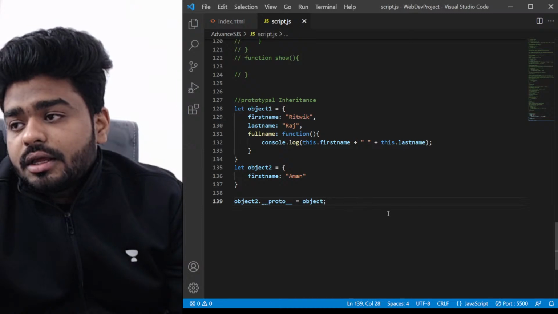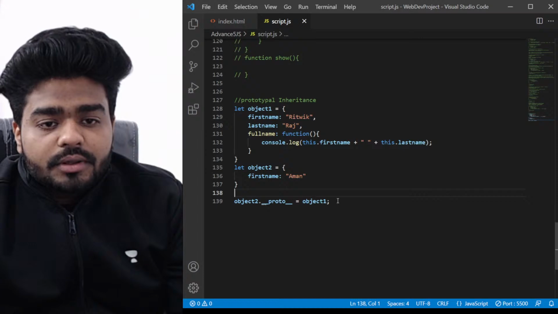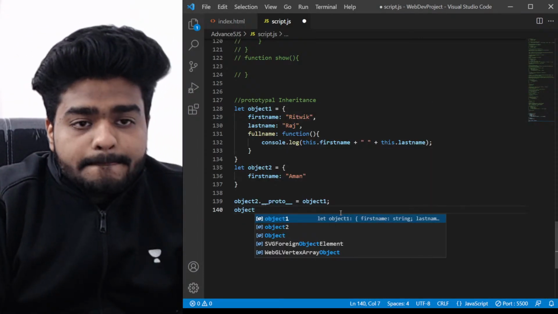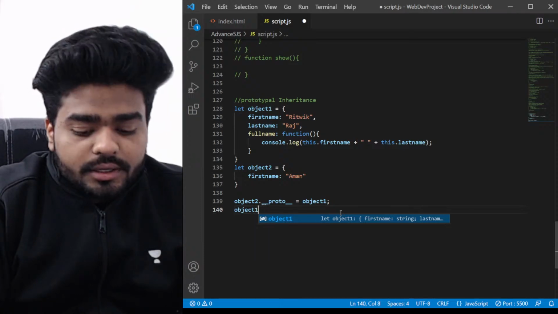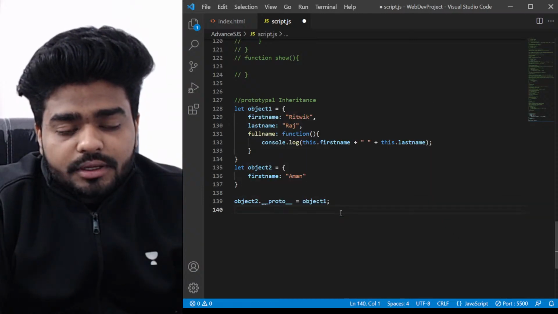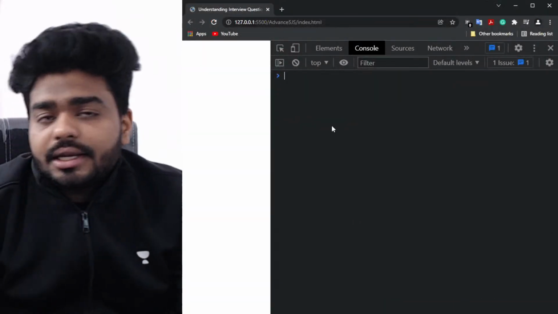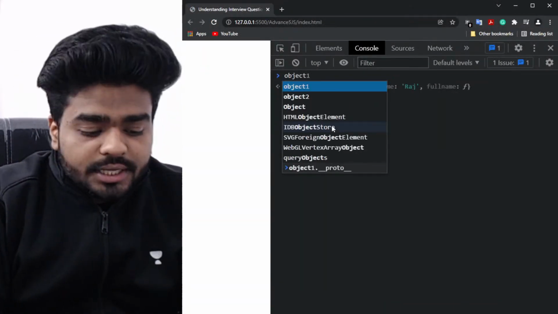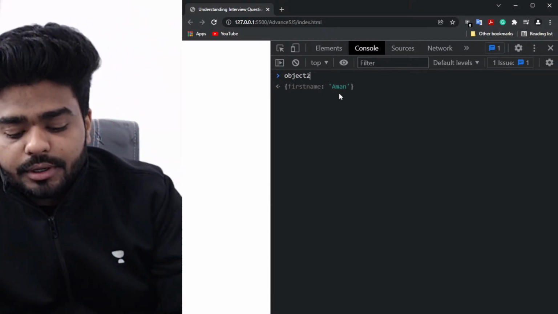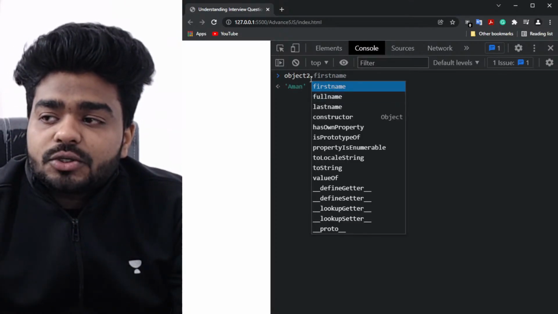Now save this. Okay, this is object 1. So now let's print something. Let's go back to the code. Now here I'm saying object 2. You can see here it says object 2 is having the first name Aman, right? And if I use dot here, you can see that object 2 also fetches full name